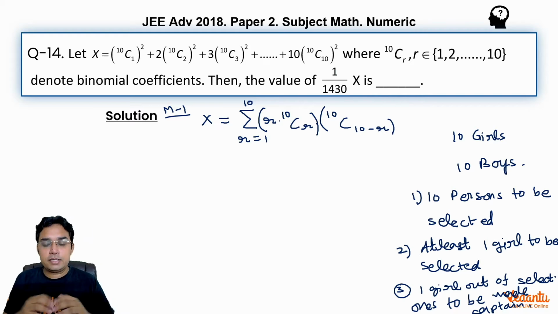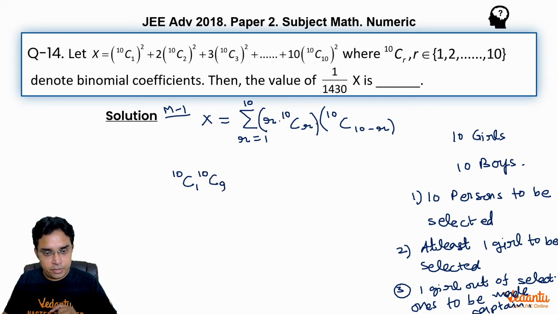Now, if that is so, let us see what all cases will be made if we do it one by one. Suppose we select only one girl. That will be done in 10C1 ways. And then I select 9 boys from 10 boys, so it will be done in 10C9 ways. And then the selected girl will be made as captain because we have only one girl. So I am multiplying this by 1 plus. Now we are selecting 2 girls. Then it will be 10C2, and out of 2 girls we are selecting one of them as the captain. So I have 2 ways to make a captain, into the remaining 8 boys will be selected from 10, so 10C8.